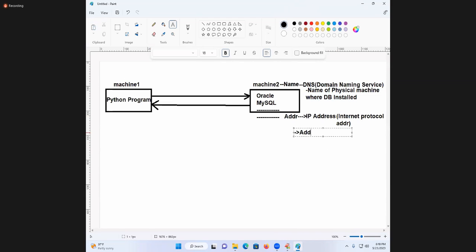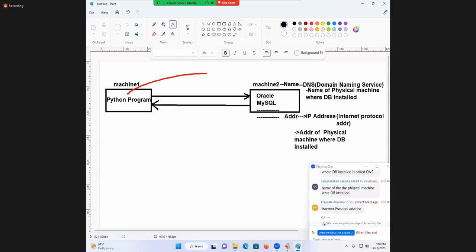It is the address of the machine. The address of a physical machine where the database software is installed, so that you can reach the machine either based on DNS or based on IP address. After reaching,